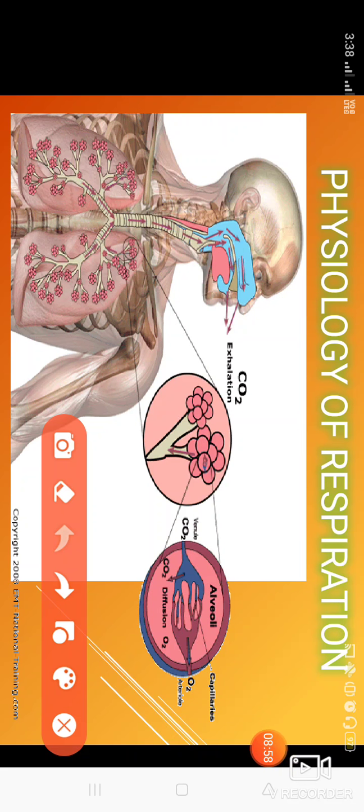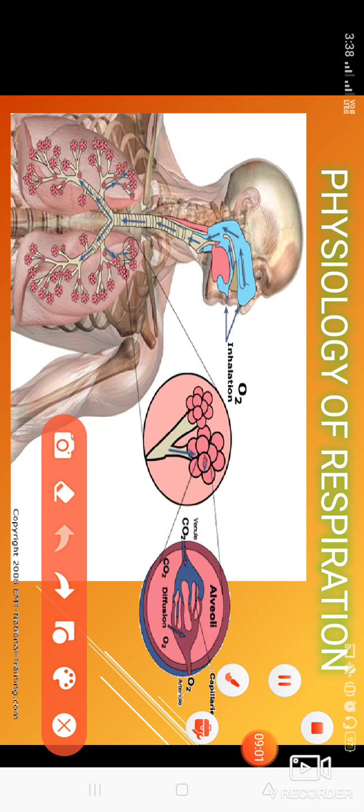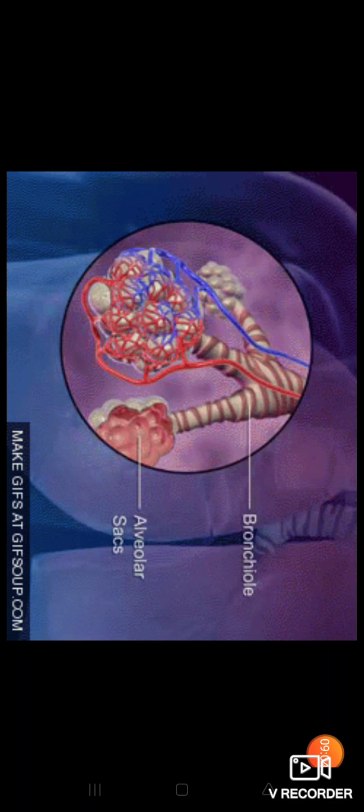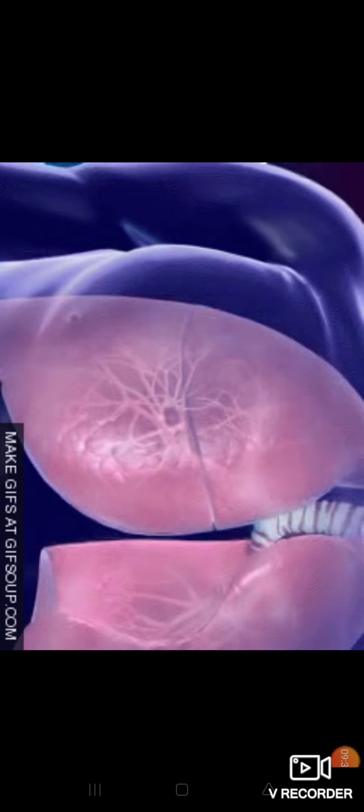I'll show you some more diagrams so that this process will be clear to you all. Now you see here in this diagram also you will find it. When we are inhaling the air, it is going to these lungs, and through the lungs it is going to the bronchioles, and from bronchioles it is moving to the alveoli sac. Okay, so this occurs during the process of inhalation and exhalation. During exhalation, lungs become deflated, and the air moves out of the body.